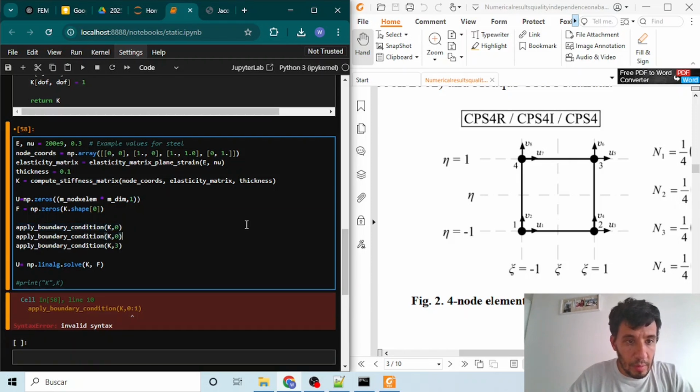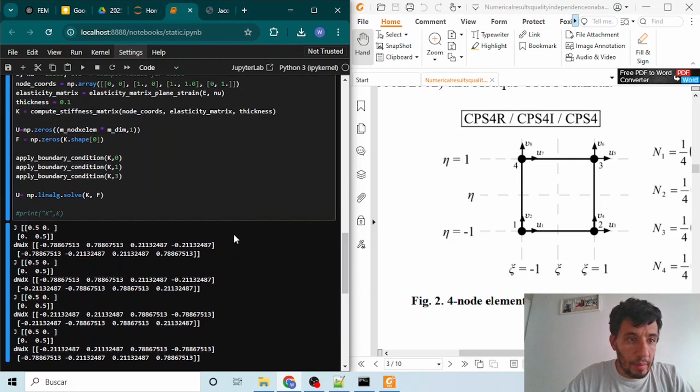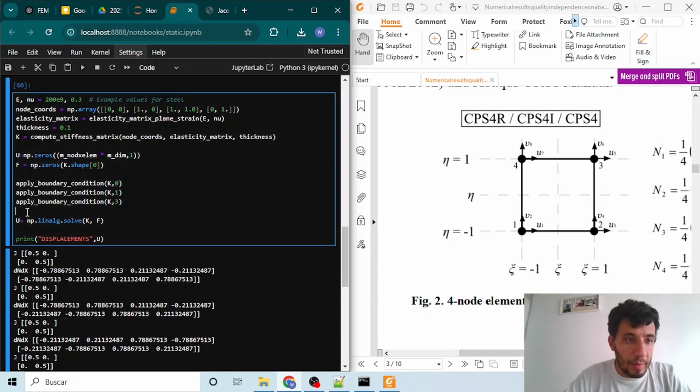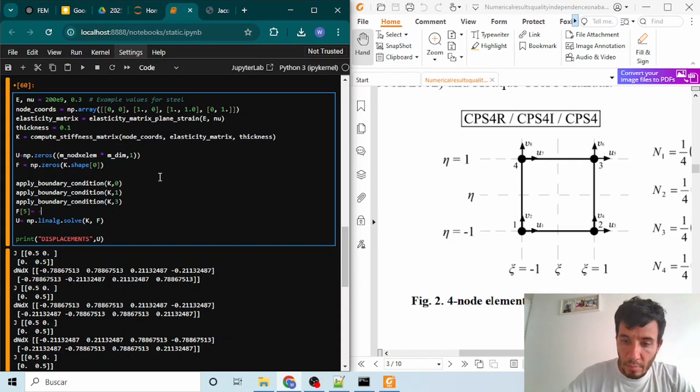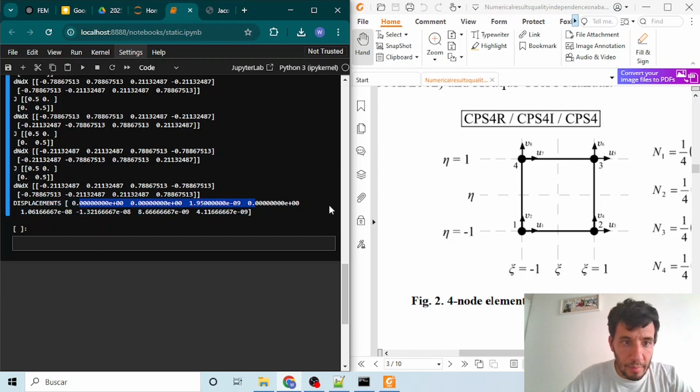We can put here our 0 and 1, and we have here our displacement solved, the system displacement. But previously we want to define our boundary condition regarding forces or displacement. And we have our displacement here.